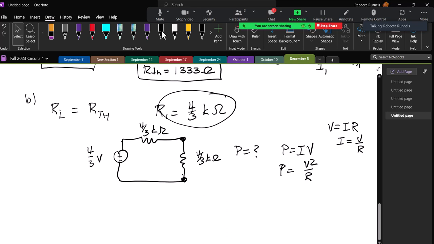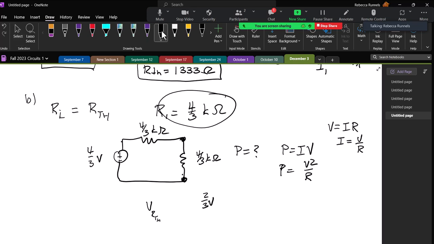And so the voltage across each of them has to be half of the total voltage. So the voltage across this resistor has to be 2/3 volts. It has to be half of the 4/3 volts. So the voltage across our Thevenin resistor has to be 1/2 times 4/3 volts, which is 2/3 volts. So my power has to be 2/3 squared over my Thevenin resistance, which is 4/3 kiloohms,